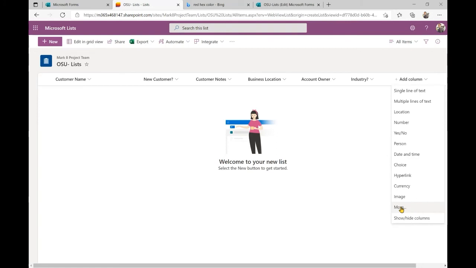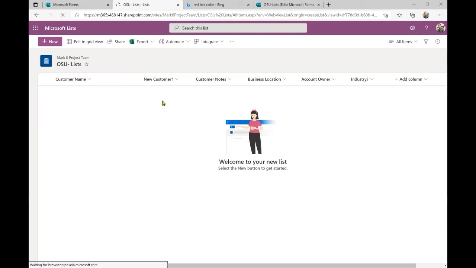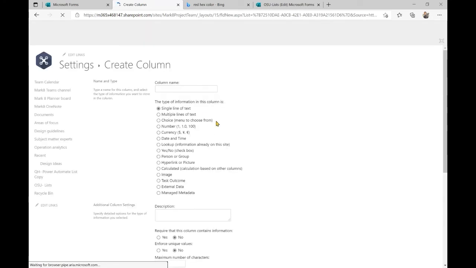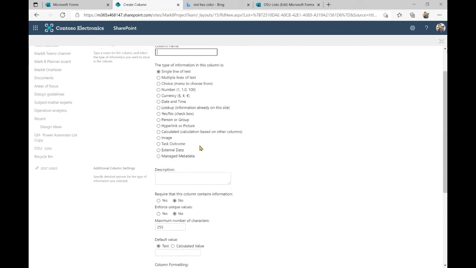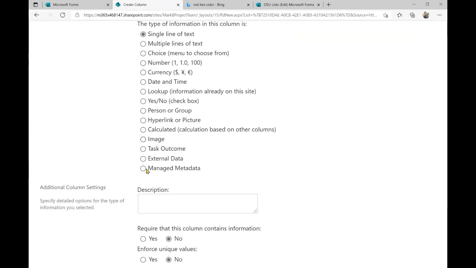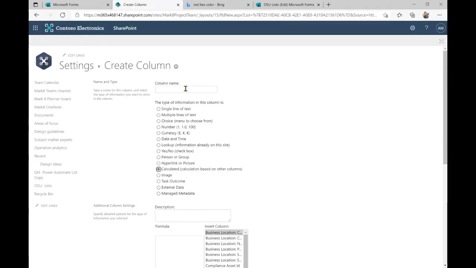More is going to have some more complex options behind it. We won't talk about this today, but if you want to do some conditional formatting, or have certain columns do calculations, you want to come back here and choose those, and you have to actually build them back here for those columns. So like I said, we won't talk about that today.